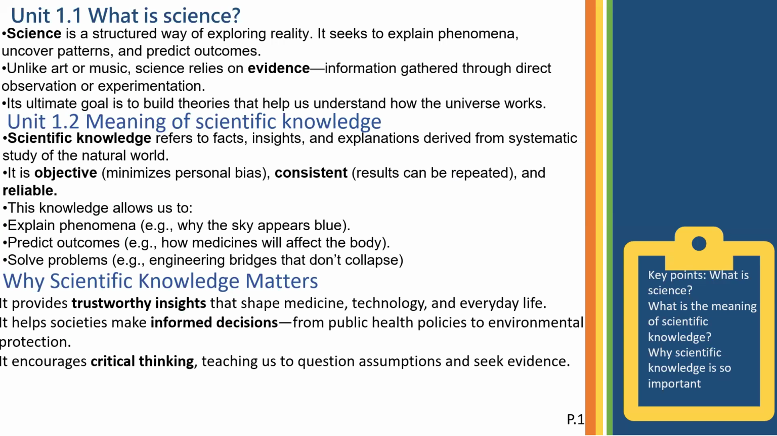Unit 1.2 Meaning of scientific knowledge. Scientific knowledge refers to facts, insights, and explanations derived from systematic study of the natural world. It is objective, minimizes personal bias, and gives consistent results that can be repeated, and reliable. This knowledge allows us to explain phenomena, for example, why the sky appears blue, predict outcomes, how medicines will affect the body, and solve problems, like engineering bridges that don't